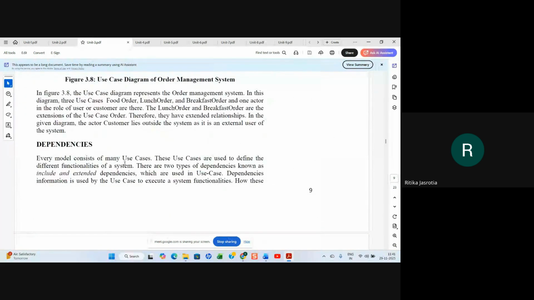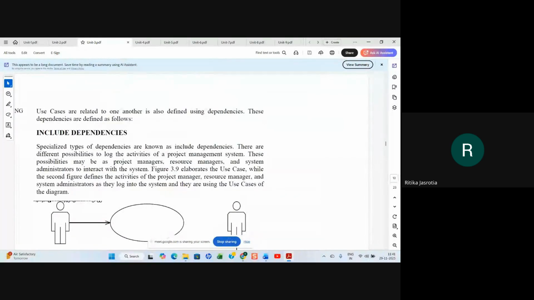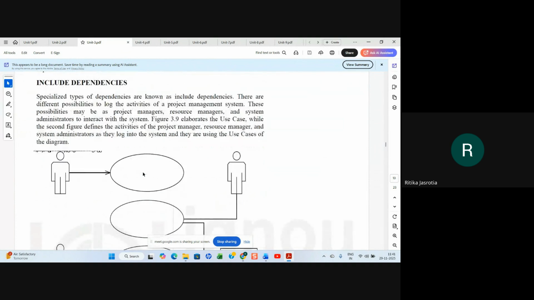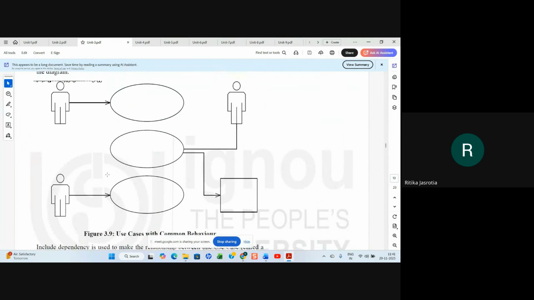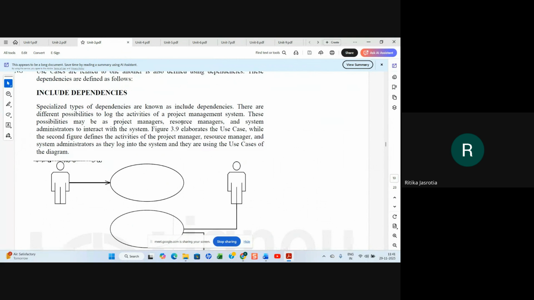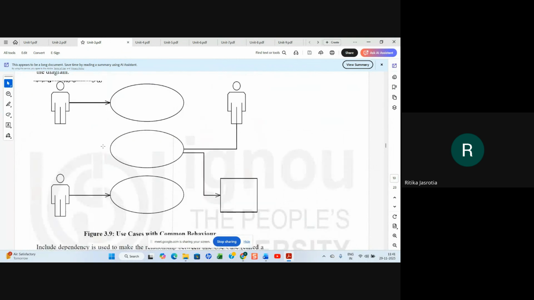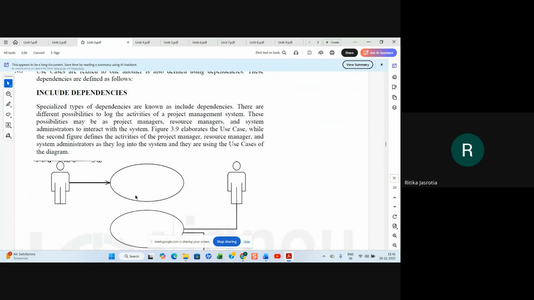So they have given you the dependencies also, the include dependencies. Specialized types of dependencies are known as include dependencies. There are different possibilities to log the activities of a project management system. These possibilities may be project managers, resource managers, and system administrators interacting with the system, right? The second figure defines the activities of the project manager, resource manager, and system analyst as they log into the system using the use case diagram. So here you have three actors: project manager, resource manager, and system administrator. These are the three actors. And what all use cases they will be talking about,